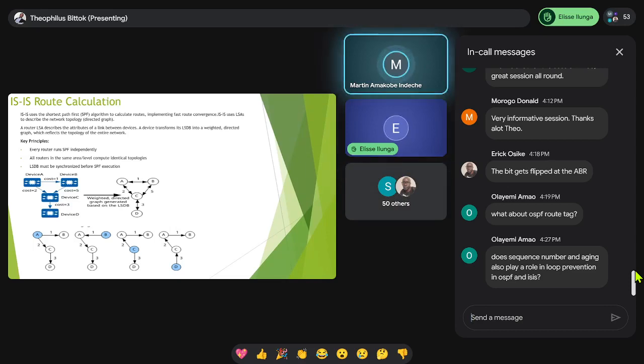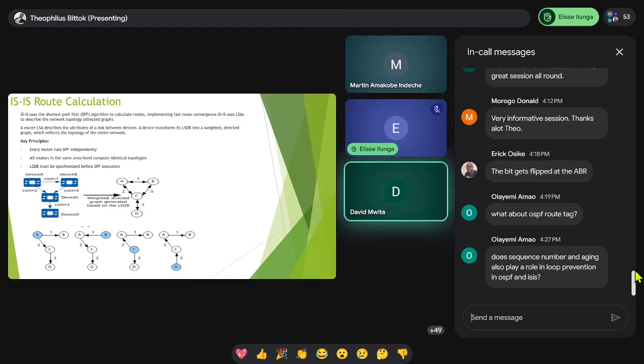Any other question from the team? We're nearing the end of the session. Hi, Martin. Hi, David. Sorry, I'm using my phone. I was looking for a place where I can raise my hand. I don't seem to see it. Okay, proceed. Two things for me. Not a clear question, but just two things.